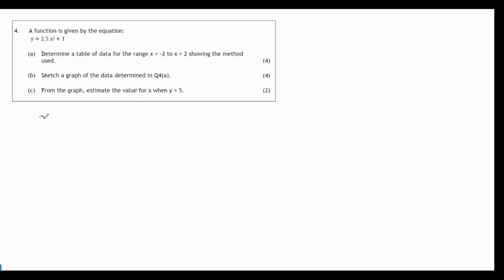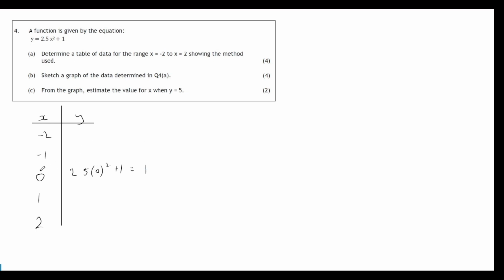Let's make a table of values. Here's x and here's y. And I'm going to... This has to go from -2, -1, 0, 1, and 2. But I'm not going to start at -2 because I think it's really hard to calculate. I'm going to start at 0 because it's going to be a lot easier. I have to plug them in. So I'm literally going to do 0 squared times by 2.5. So I could write it like this if you want to see it. What I'm doing, it's really easy because 0 times 0 is 0 times 2.5 is 0 plus 1 is just